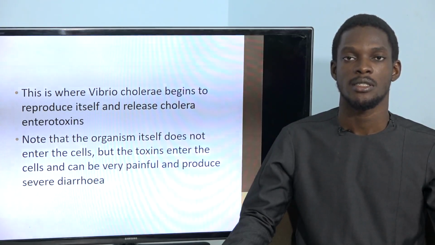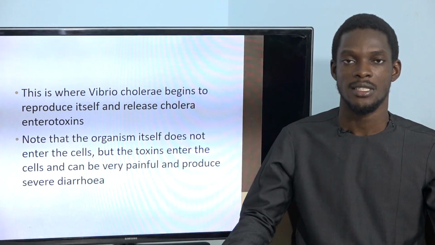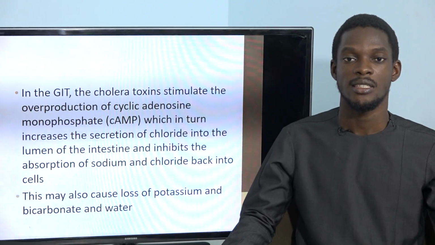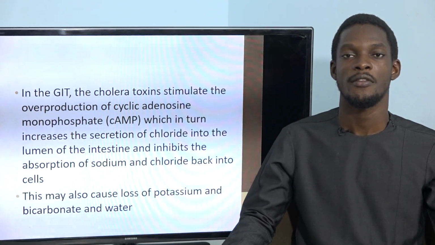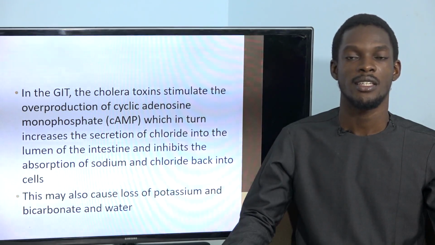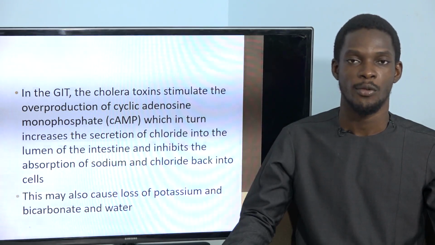Now think about it. What's the function of the intestines, both small and large? Their functions are to absorb nutrients, and the large intestine in particular is responsible for absorption of water. Here's a case where you have a bacteria releasing enterotoxins that are saying that we don't want any food nutrients to enter. Anything that you're going to absorb, bye-bye, don't absorb.